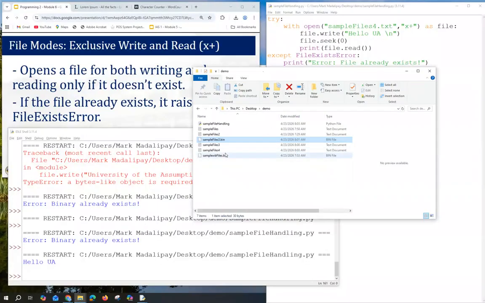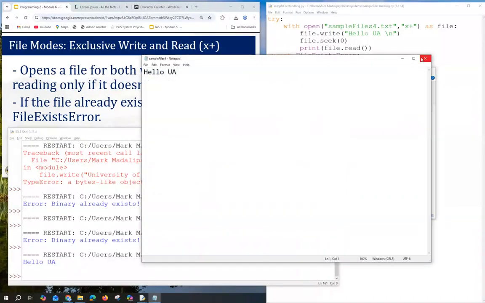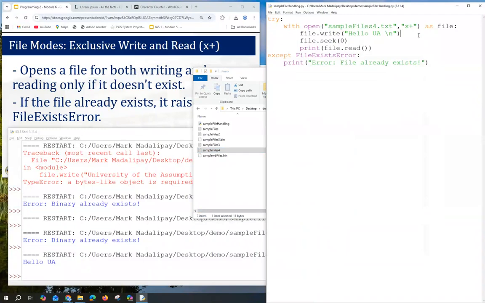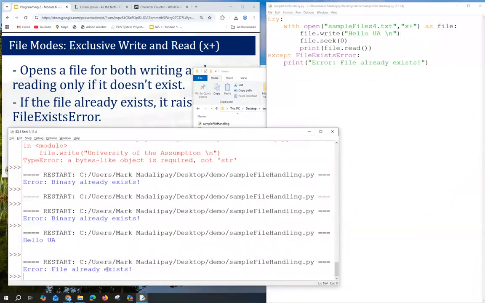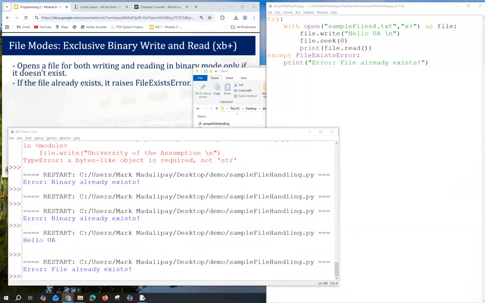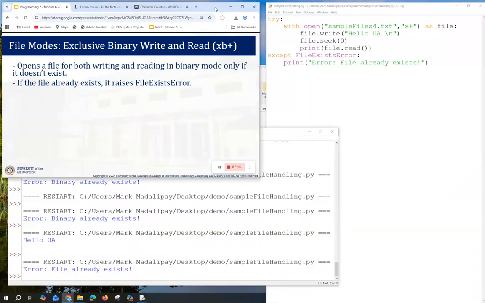So we have here your sample files 4. Now if we will do it again, it will now have the error file already exists. So we can also implement that with our binary.